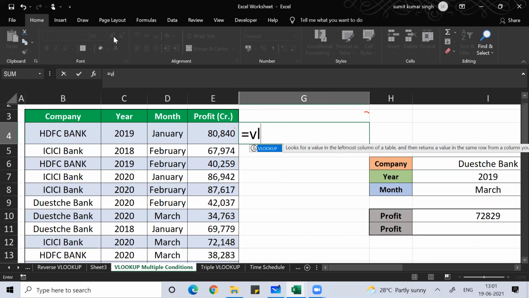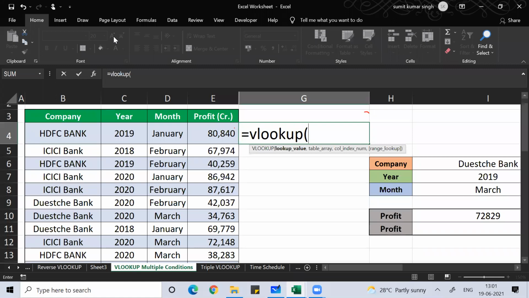If I'm trying to use VLOOKUP, then what value am I looking for? The lookup value should be only one now. It cannot be multiple VLOOKUPs. I hope you understand, I cannot use multiple VLOOKUPs at the same time. In the sense, I can filter the data one by one, but again, if you see HDFC Bank, there are too many HDFC banks. You have data of multiple HDFC banks.